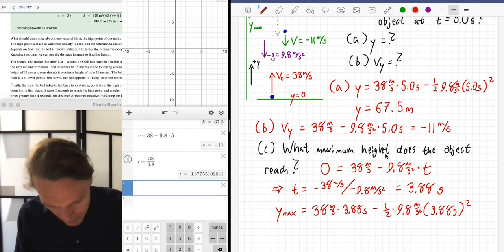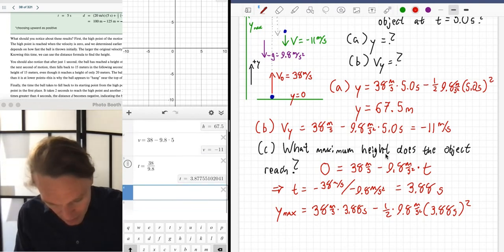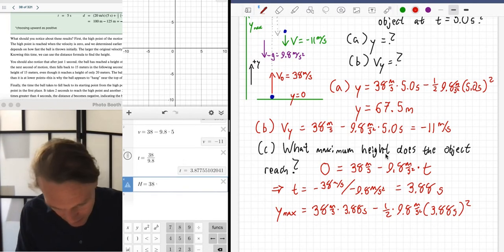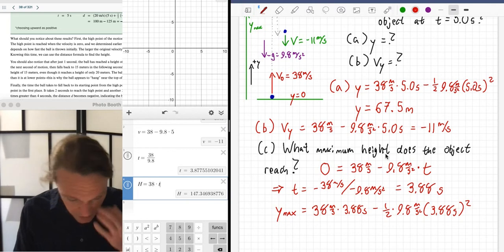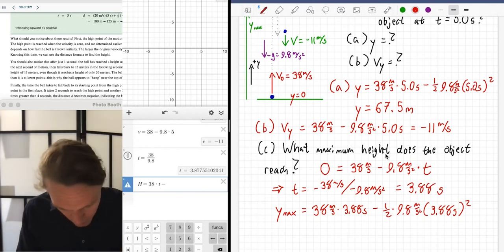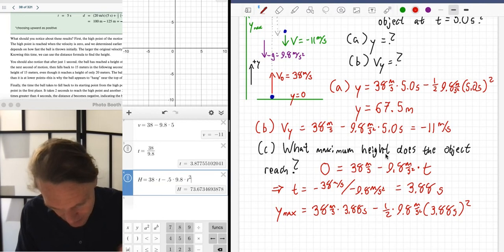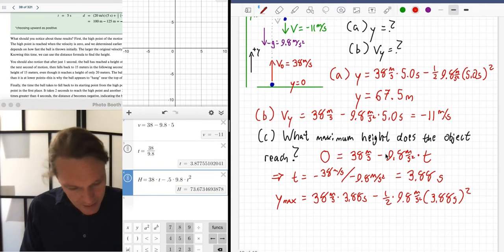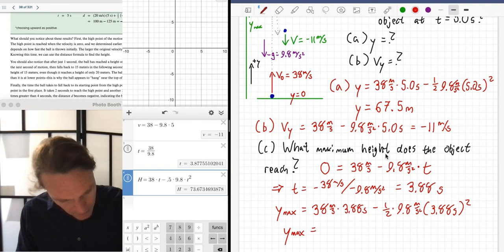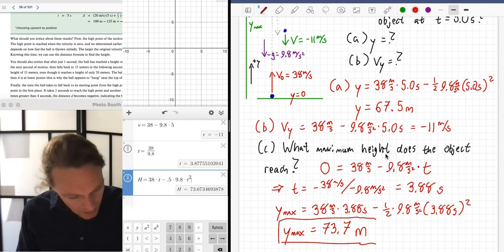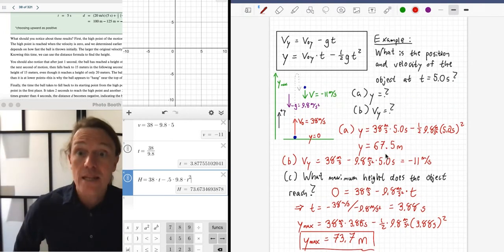So finally then I'm going to solve for this. We'll call this uppercase H, big H, big height, the max height, that is. And we'll just take the 38, we'll multiply by t, which I have saved as 3.88, approximately, minus 0.5 times 9.8, and then times t, don't forget to square it. 73.7, again rounded, not meters per second, but meters. So that right there is our answer to part C, the maximum height that it reaches,